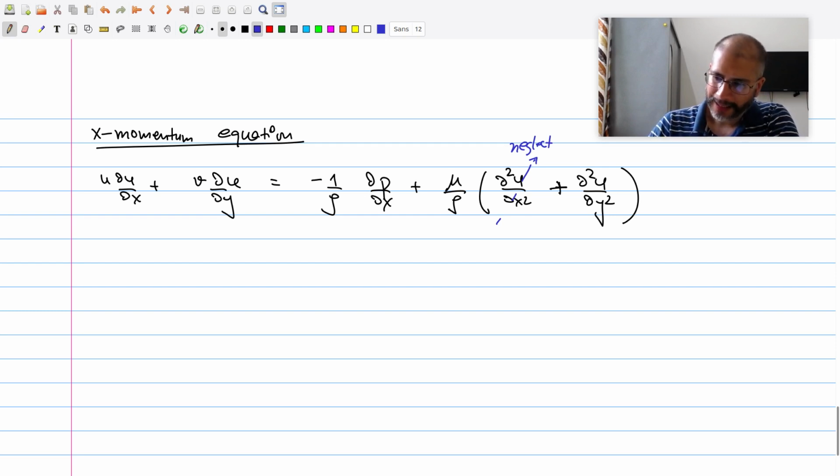And remember, neglect is in comparison to this term. You can't just neglect it in all cases. It depends on what it's added to. So if you add 0.001 to 0.1, that's approximately 0.1. But if you add 0.001 to 0.002, you can't neglect either one, because they are both of the same order of magnitude.